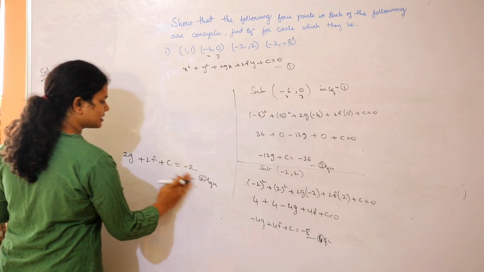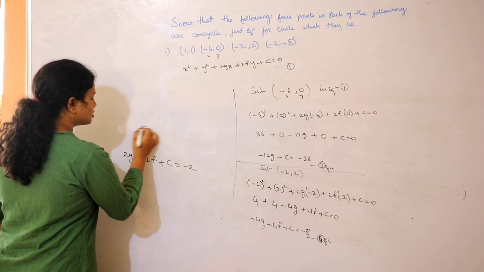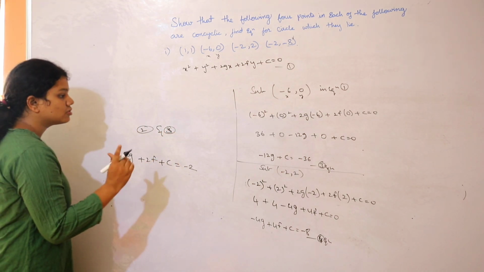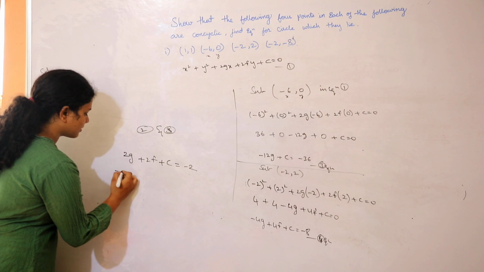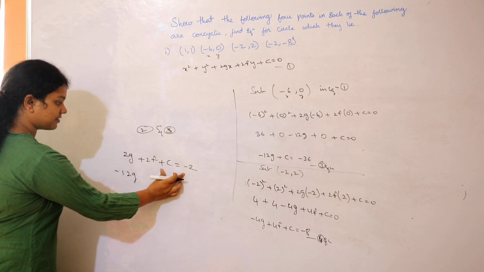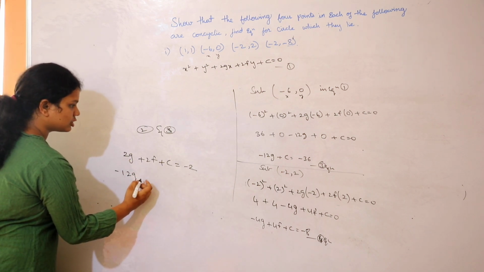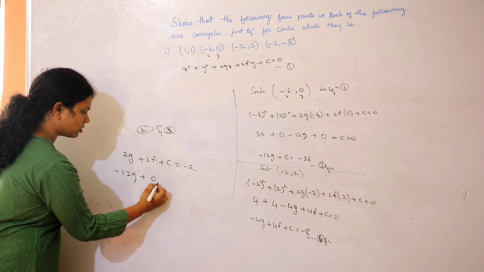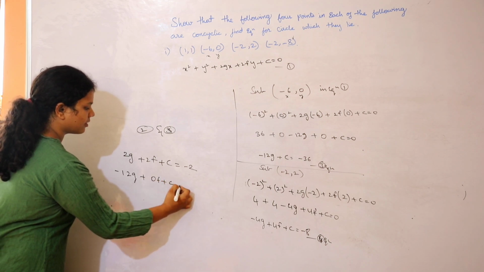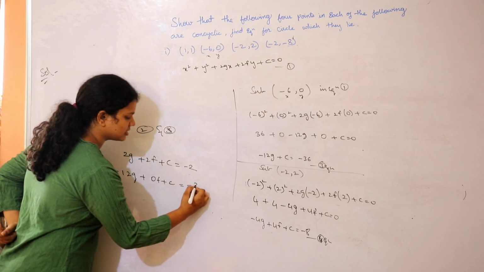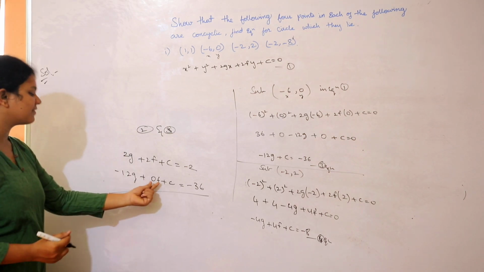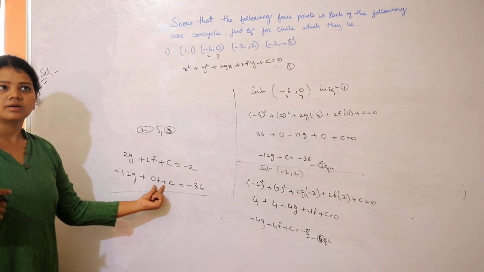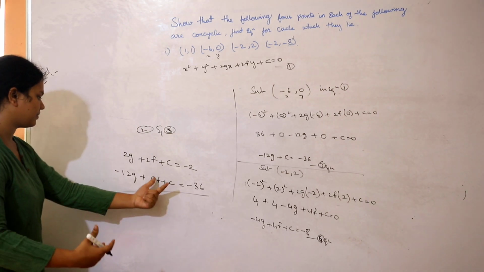So first of all, you go with the second equation. Let us solve the second and third equations, equation number 2 and equation number 3. Clear? This becomes minus 12g, this is equation number 2. And equation number 3 is minus 12g plus c. So here I'm not having any f value, so let me write down 0 over here: plus c, 0f, which equals minus 36. I might get confused like this, so I just added a number, 0, over here.